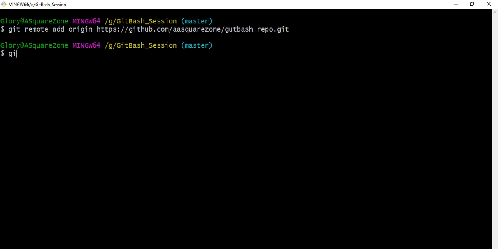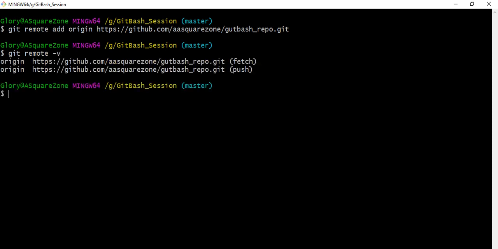If you want to see the linked remote repository, git remote -v is the command. See, we can see now origin, it's already mapped with local repo.